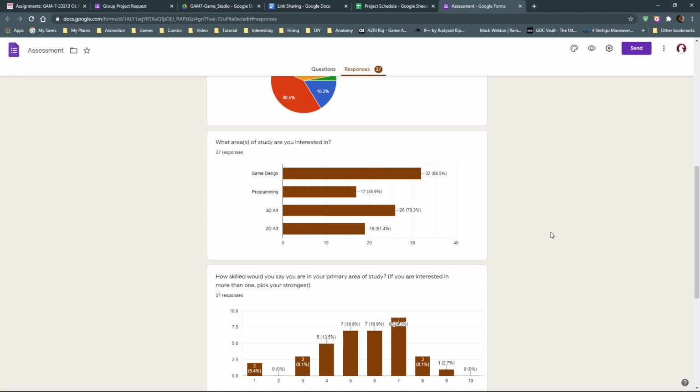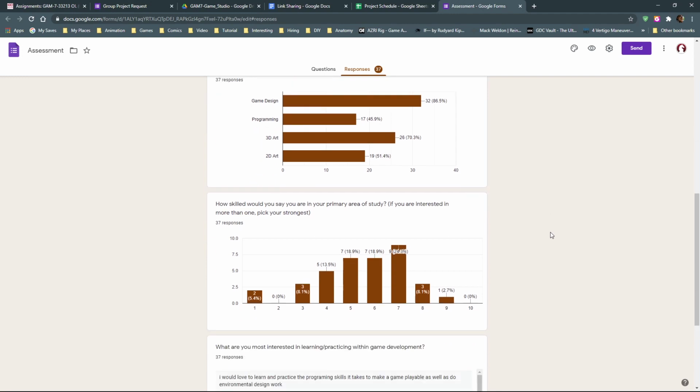population is programming, and we've got 3D art as the second, 2D art as the third, and then how confident people are. You guys are all hovering around the 6 range with a sort of bell curve fall off here. Again, you guys are funny. Very few people are willing to say that they're this confident. But at about this range, you're ready to collaborate with maybe one person or two, or do more advanced solo projects. That's what I would say. Once you start hitting the 8 range, then you pretty much need to work in a team to get the best bang for your buck.